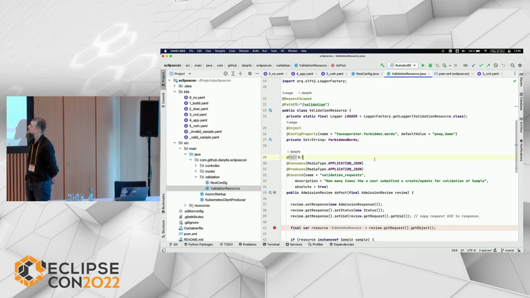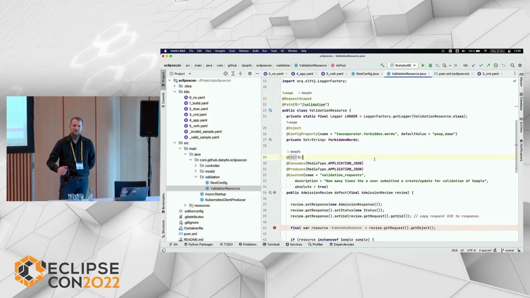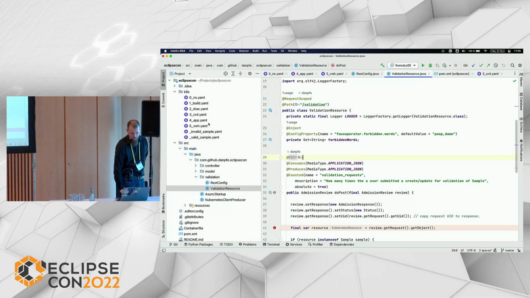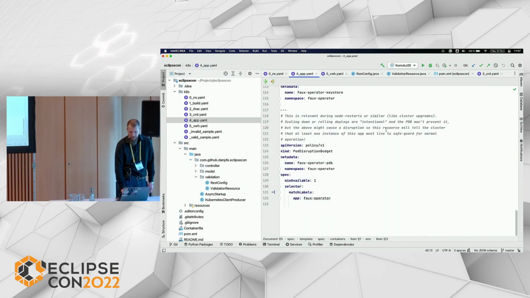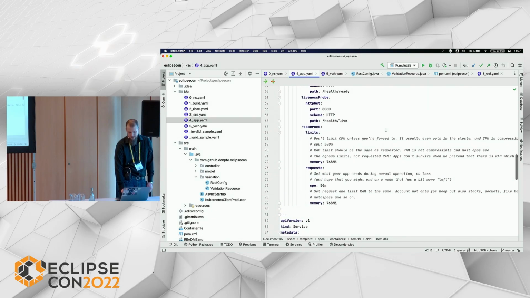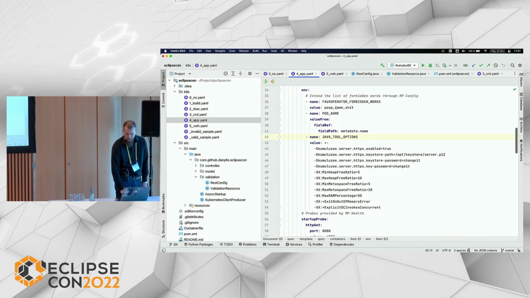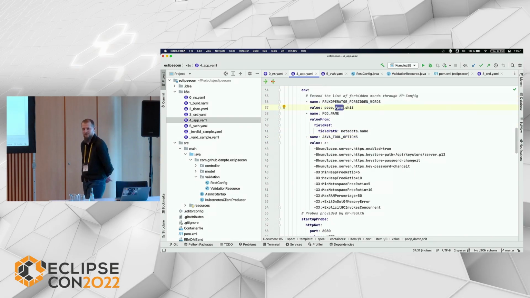Also plain and simple JAX-RS, we are using MicroProfile config, because what we want to validate when somebody is pushing the sample to us is if they're using cuss words. So the default cuss words that it will forbid are poop and damn. And if you are familiar with MicroProfile, you can override this through environment variables. And that's what I've done here, because I realized, OK, some people might use the S word also. So I've augmented the list of things that I don't want people to be able to write in their custom resource.